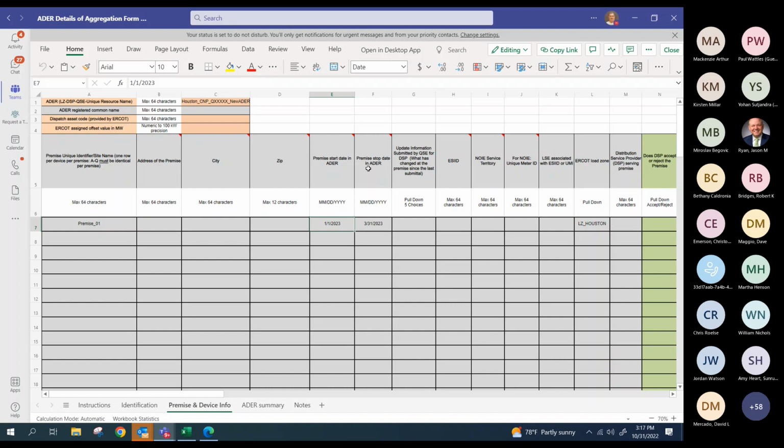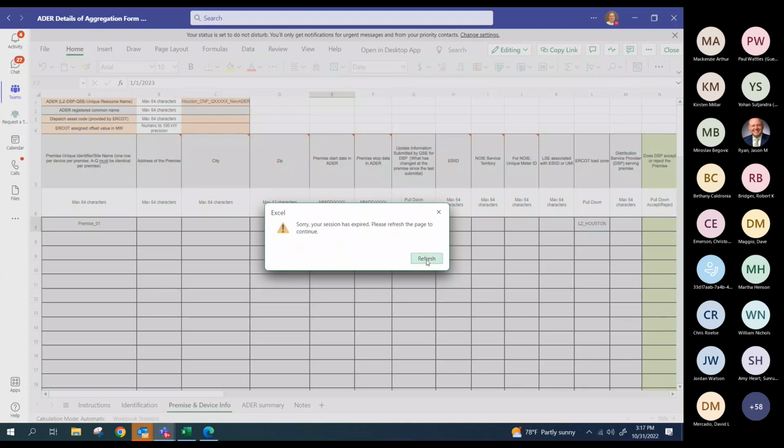And when I say of a month, it doesn't have to be the last day of the same month that it was submitted. It could be some month into the future, but it needs to be the last day of the month. The purpose of that is, when ERCOT is going to be using this,